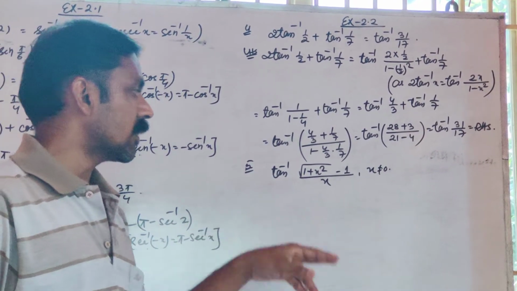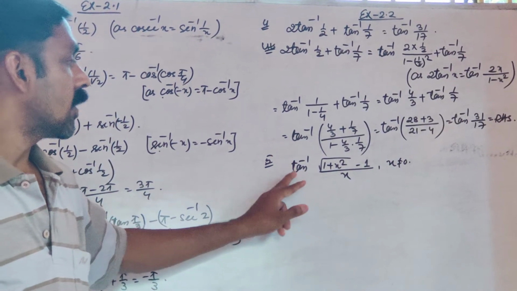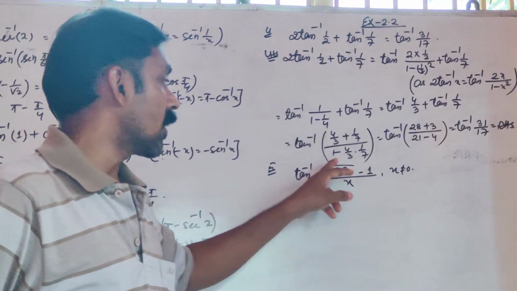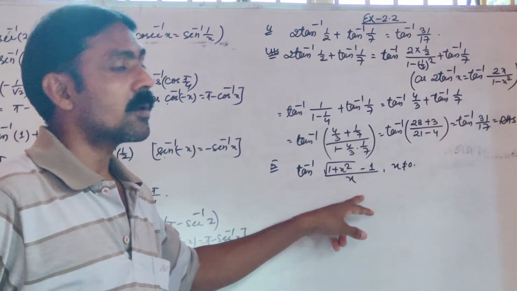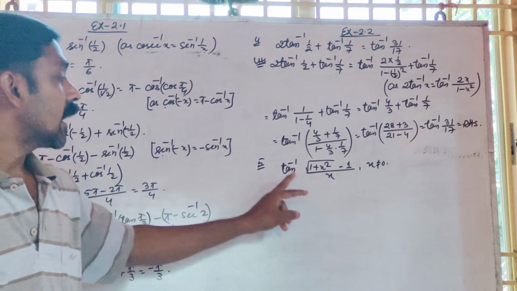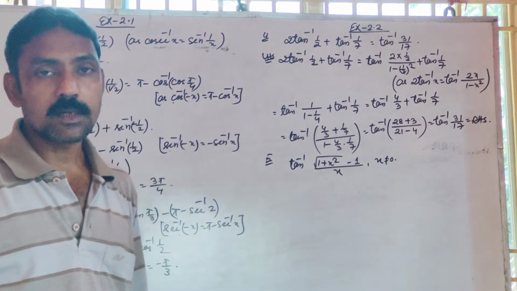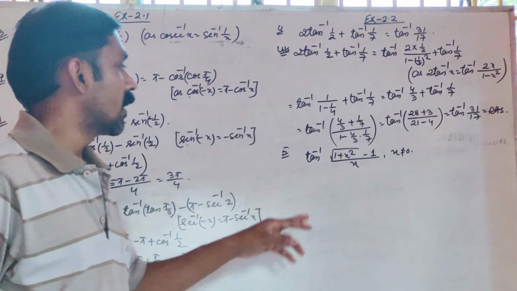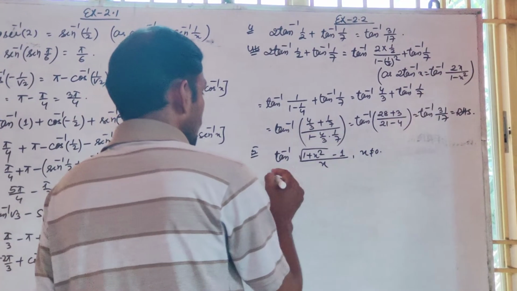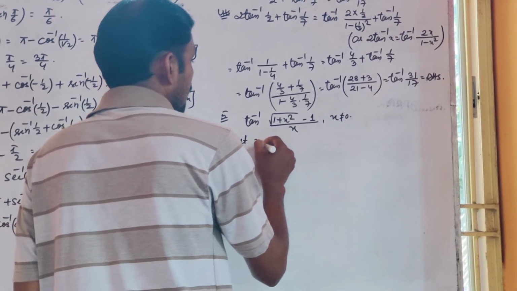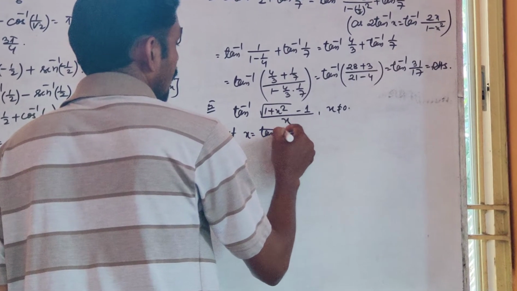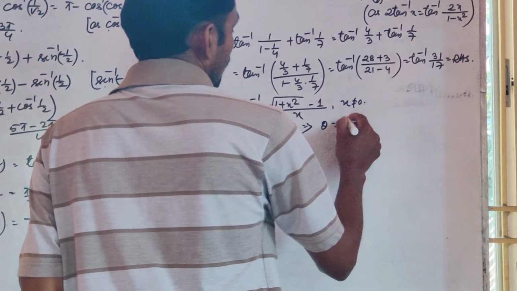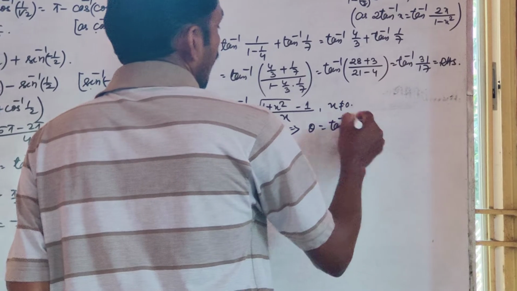In simplification, your rule is you first observe what is the outermost function. That is tan inverse. Now our work is to convert this value in terms of tan, so that tan inverse and tan will cancel. In order to convert it into tan, we require a substitution. So here I will write let x equal to tan theta. So theta will be tan inverse x.